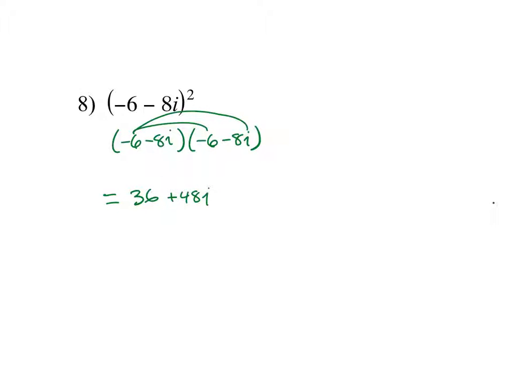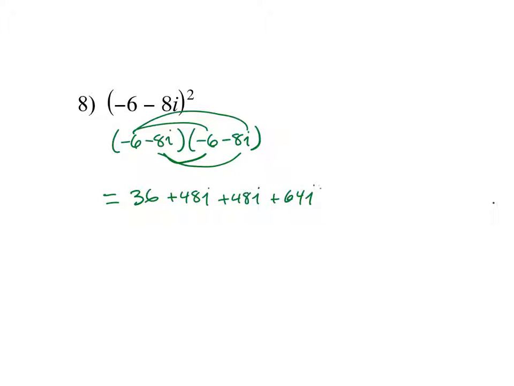So I have a square, so I can express it as negative 6 minus 8i times negative 6 minus 8i. So I'm going to multiply. First, negative 6 times negative 6 is positive 36. Negative 6 times negative 8 is positive 48i. Negative 8i times negative 6 is positive 48i, plus the last